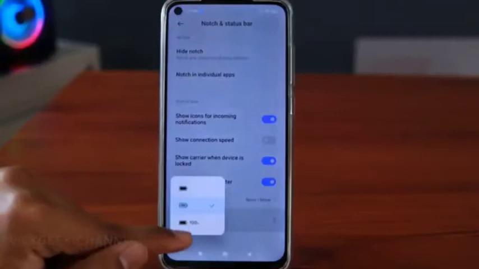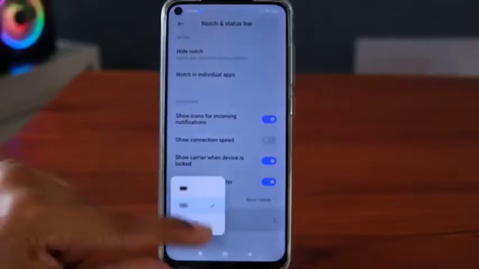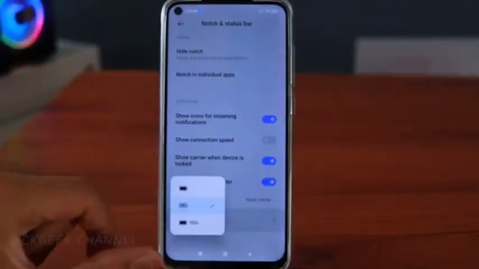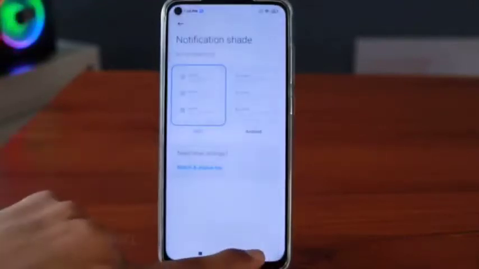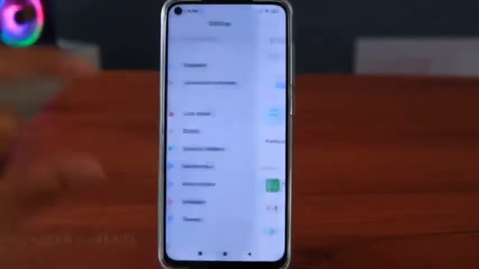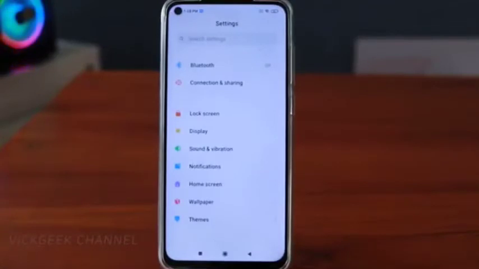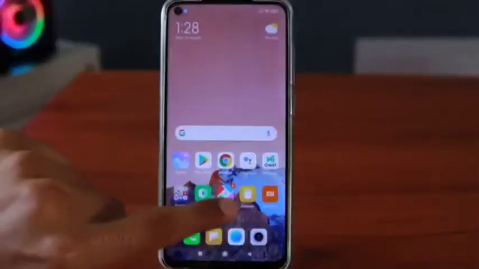There is battery indicator right from here, how you want the icon to appear. Now this thing is also new, this animation thing on the MIUI 12. So this is again a little trick that you can apply just on the notification thing. Let's move on to another interesting thing, which is in the voice recorder app.